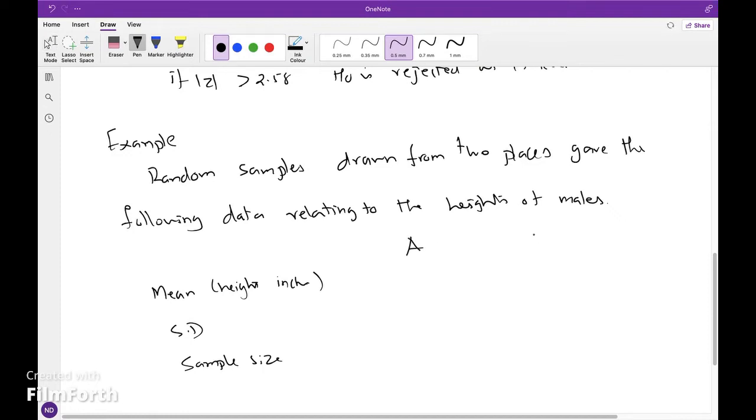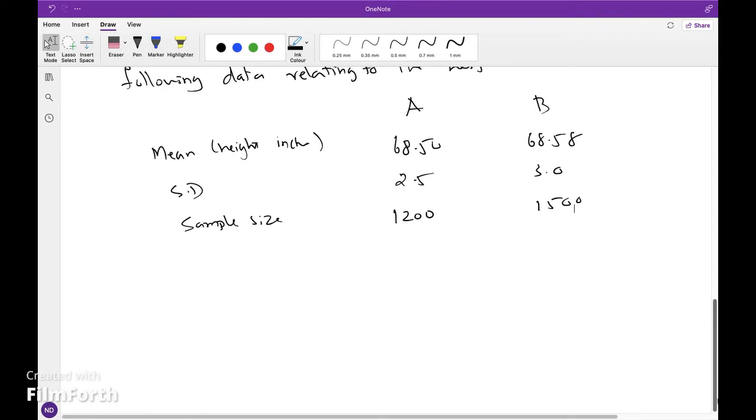Part A and part B. Mean: part A is 68.50, part B 68.58. Standard deviation 2.5 and 3.0. Sample size 1200 and 1500. Test at 5% level that the mean height is